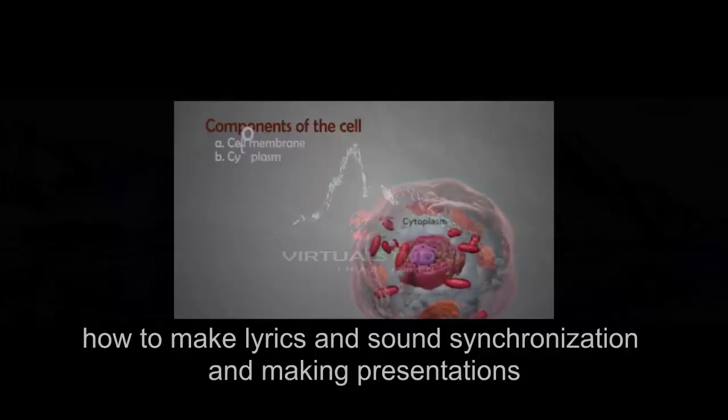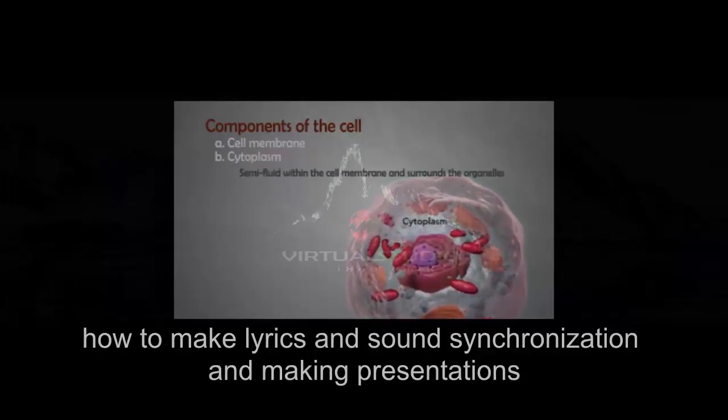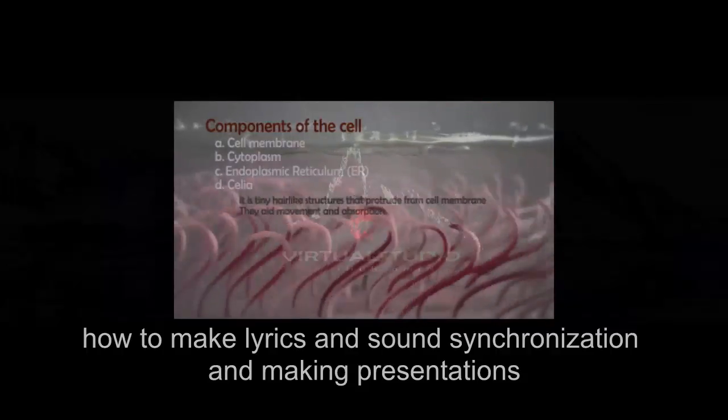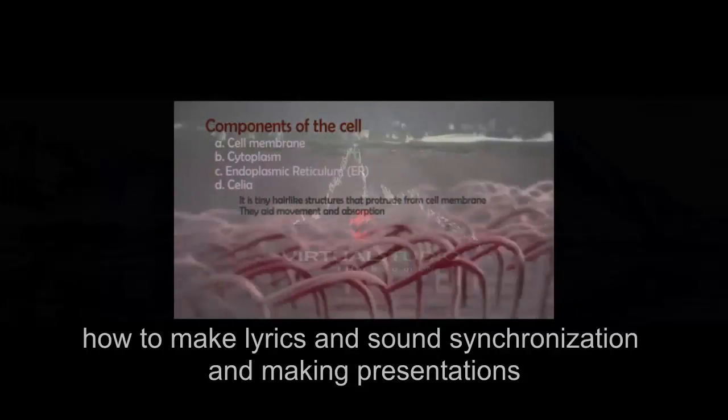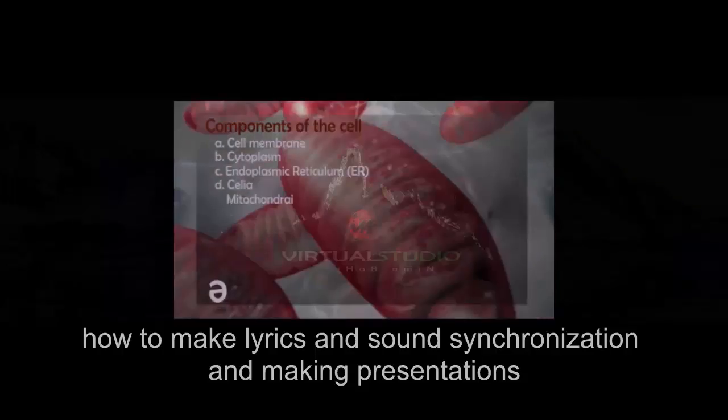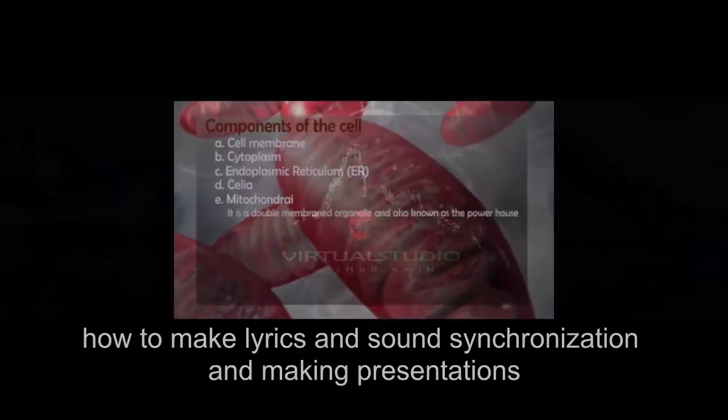You have your cytoplasm, which is a semi-fluid within the cell membrane that surrounds the organelles. Then we have cilia, which are tiny hair-like structures that protrude from the cell membrane. They aid movement and absorption. Mitochondria is a double-membraned organelle